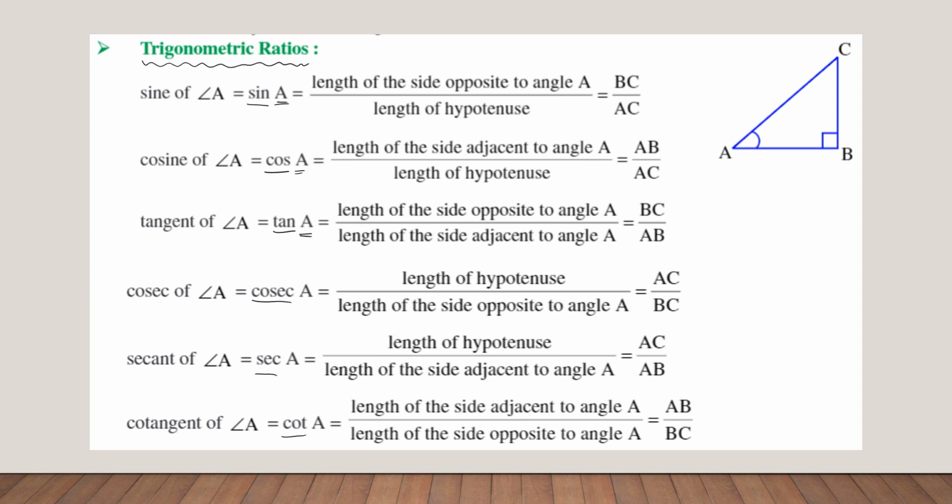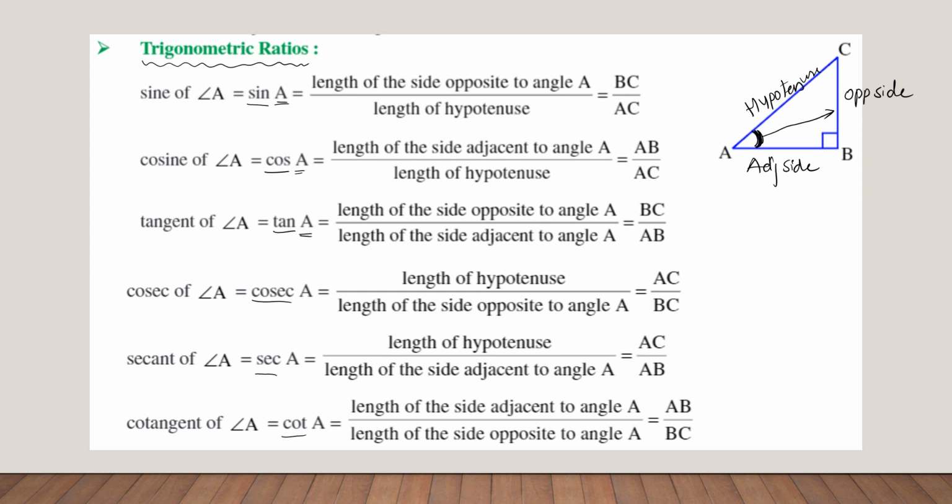Now here, this particular angle A is considered, right? Here we are going to have a right angle. The side opposite to the right angle is nothing but what we call the hypotenuse. Next, with respect to this angle, the side opposite to the given angle is what we call the opposite side, and the third side which is left over we call the adjacent side. Okay, so this is nothing but the definition.